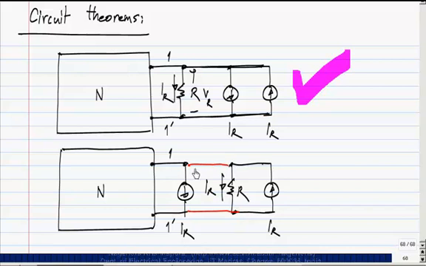Now, because this current is 0, I cut it off. Now, let's say before cutting off, what could be the role of this wire? It could be carrying some current, and that would contribute to the KCL equations here. Okay. Now, because it is carrying 0 current, I can remove it, and the KCL equations have not changed, and I have not changed anything inside the circuit, so that has not changed either. Okay. Is this fine or not?